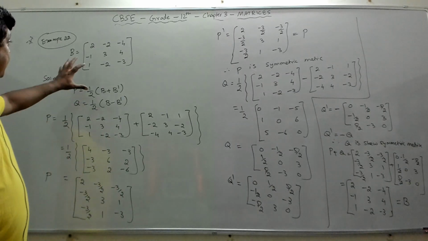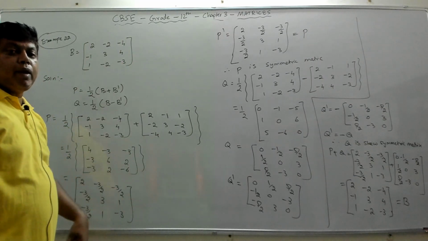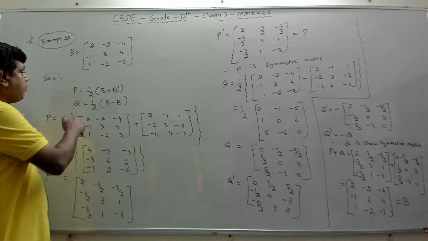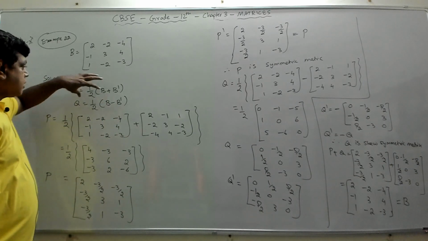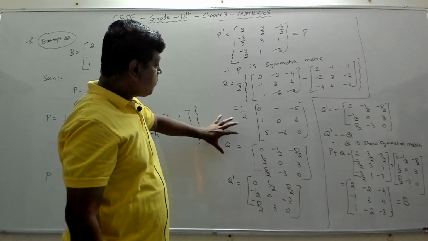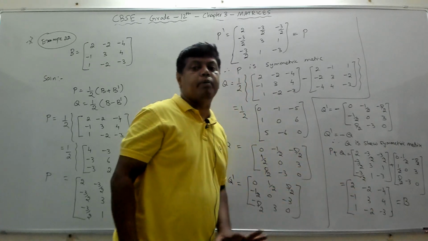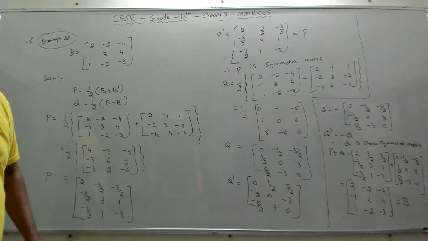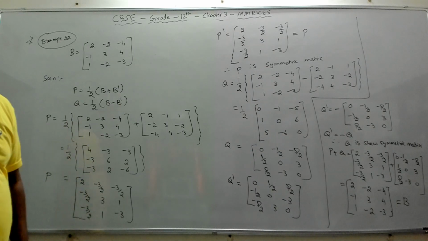So whenever they ask you to express B as a sum of symmetric plus skew symmetric matrix, immediately have P as half of B plus B transpose, Q as half of B minus B transpose, and then find these matrices P and Q and show that P is a symmetric matrix. After finding Q, show that Q is a skew symmetric matrix. Then add P plus Q and show that you are getting B. So this is how we express a given square matrix as a sum of a symmetric and a skew symmetric matrix. So all of you can pause the video and take the notes, and I will stop the session here,